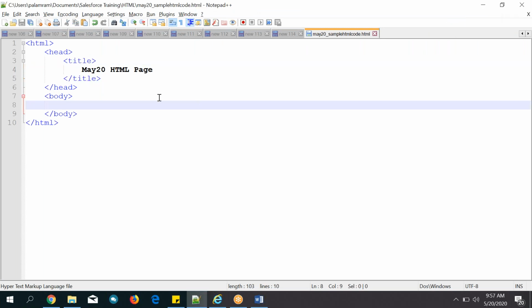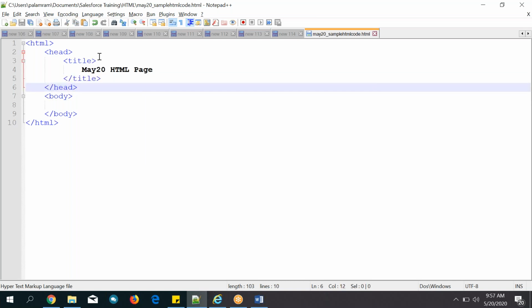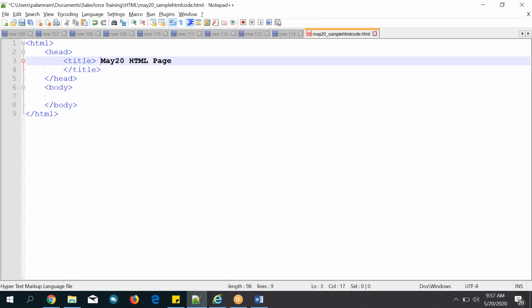Okay. So from this, I understand that the title tag will be used to display the title, and you can write the title tag inside the head tag only. Clear? And if you want, you can write it like this, in a single line also, no problem. It's your wish, however you want. It won't take the gaps, right? If you want to write like this, no problem. Here it is displaying the same way.